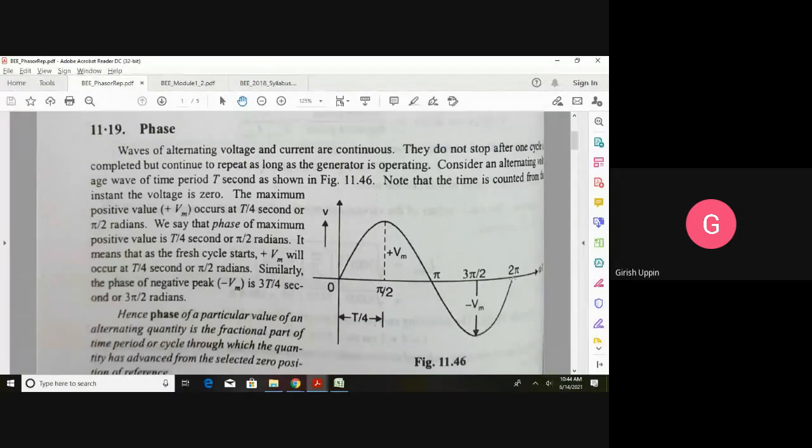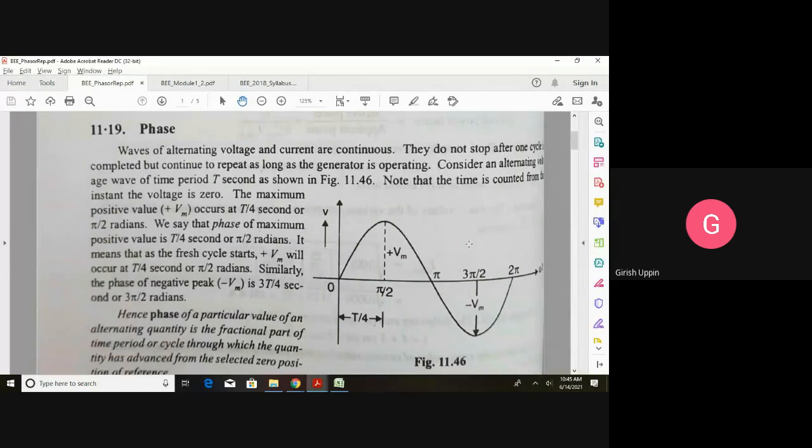Next one is the RMS value. That is the standard; everywhere the alternating quantities are represented as RMS values. The average value of an alternating quantity is equal to 0.637 times the peak value. And what is the RMS value? The RMS value is that DC equivalent which, if you connect it for the same period as you connect the alternating quantity, will produce the same amount of heat. That is called the RMS value.